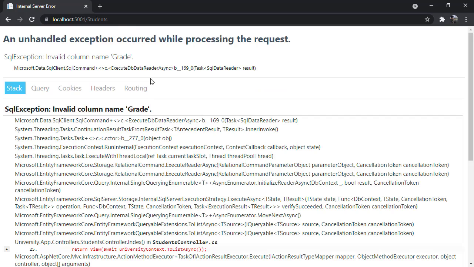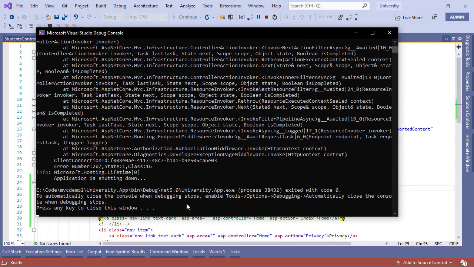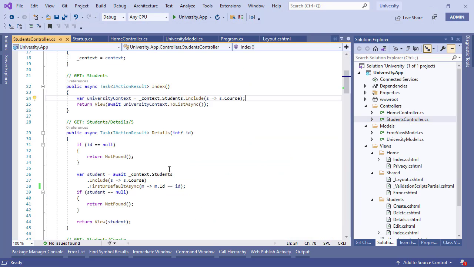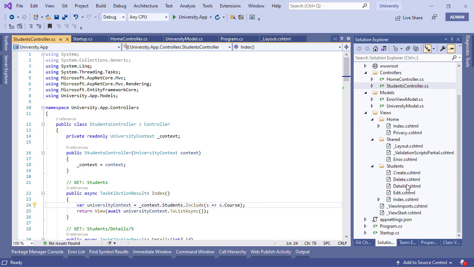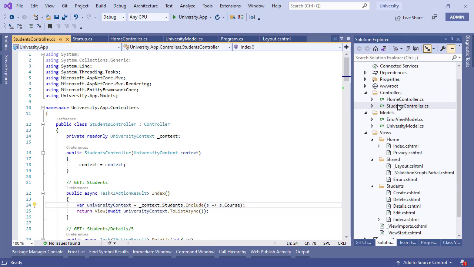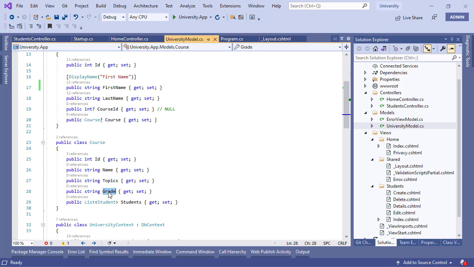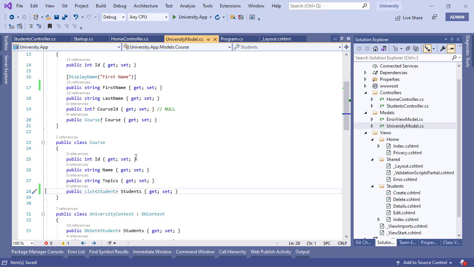the default action of any controller is the index page, and this time it is complaining that the column name grade is not present. So while we were trying a couple of things yesterday, we added a grade property somewhere in the course table. I'm going to get rid of that, and